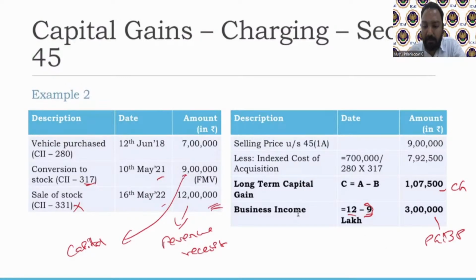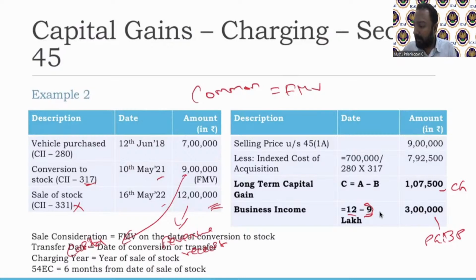Vedant Thora, in this part, stock in trade, we have to only learn what part is capital gain and what is business. As far as stock in trade, you need to differentiate between business income and capital gain income. For both of the things, the common point is fair market value.